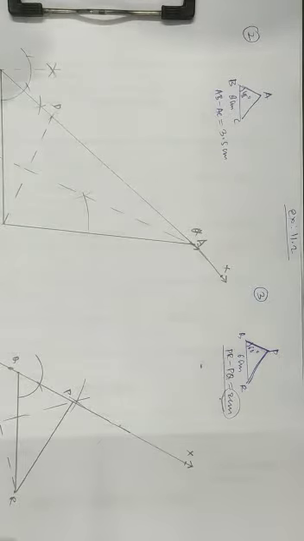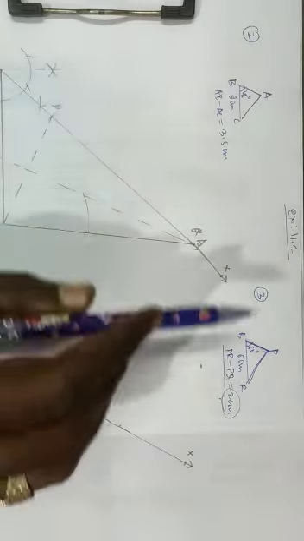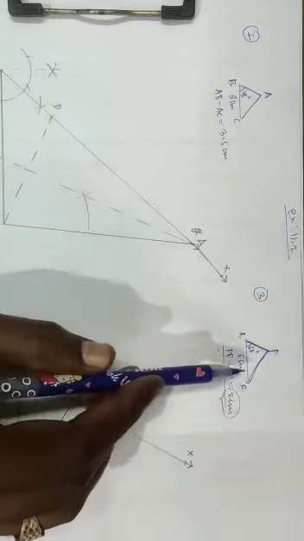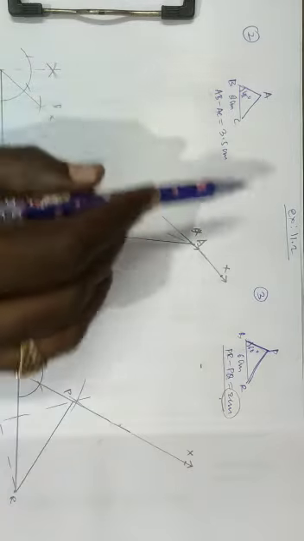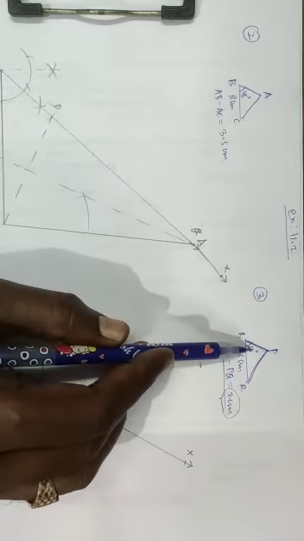So here I am going to explain to you the construction part of the second and third question of your exercise 11.2. See, the difference between the two questions you need to understand first. One thing is common in both: in question number 2 as well as in question number 3, the base is given to you, and in both cases one of the base angles is given to you.